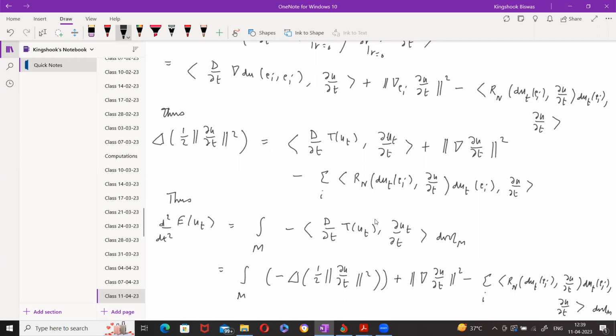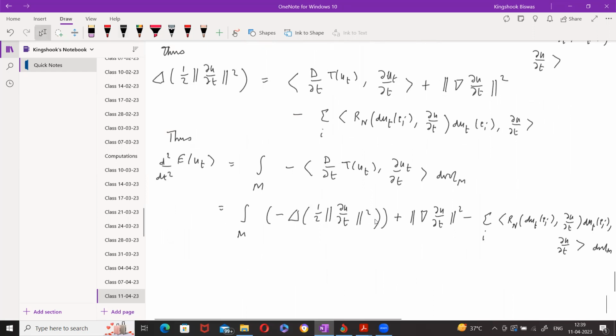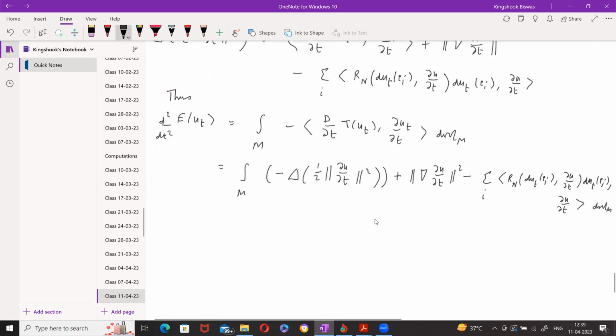Is this all right? So the integral of the Laplacian will be 0, right? By the divergence theorem, because the boundary of M is empty. So thus we get